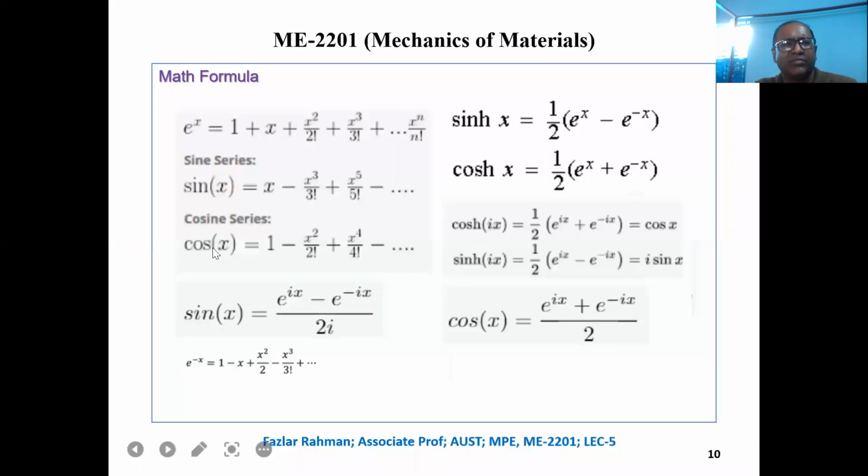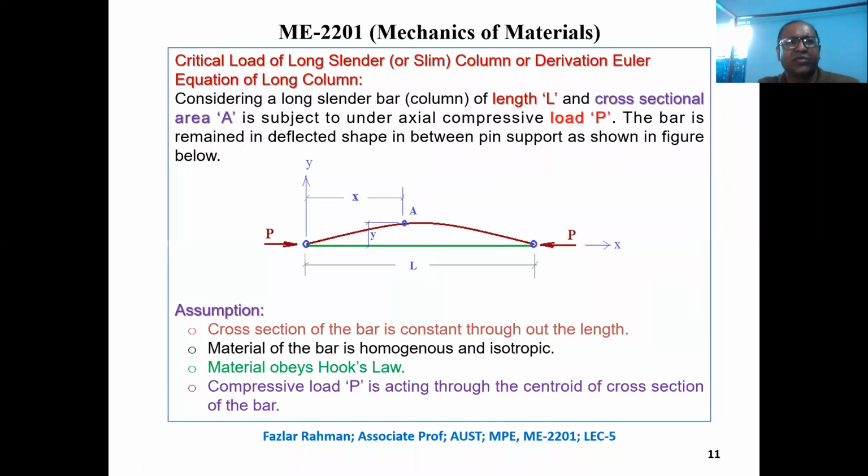I just put some formulas over here. We might need them later on, so we'll not discuss that one now. Now, how can we figure out the compressive load or critical load of a column? How can we figure it out? You see that